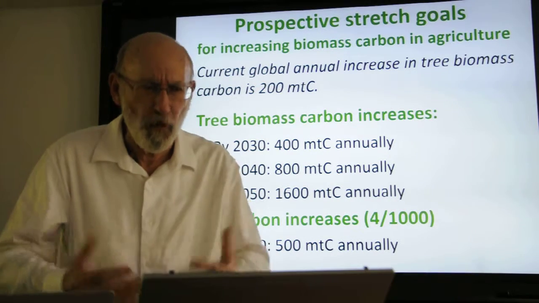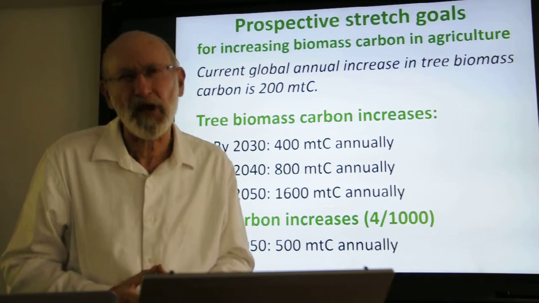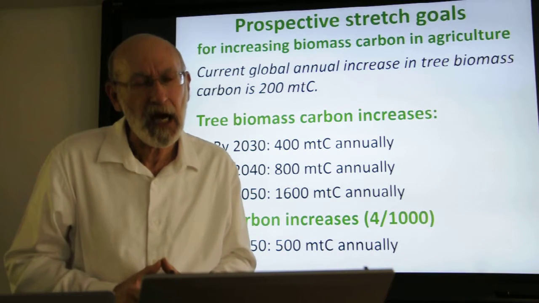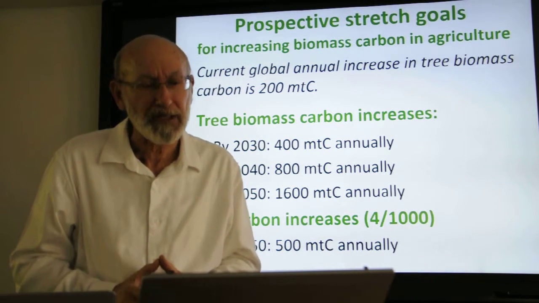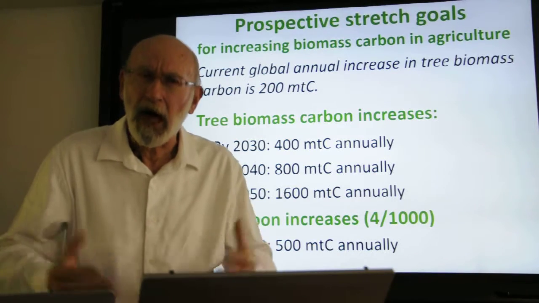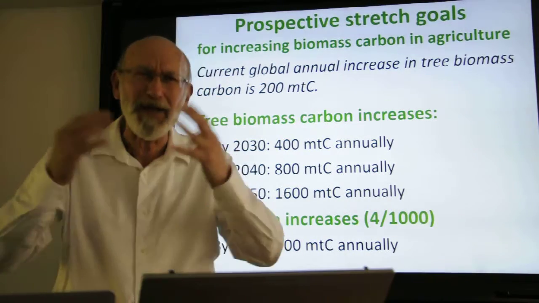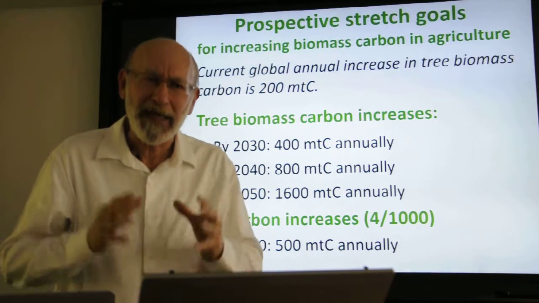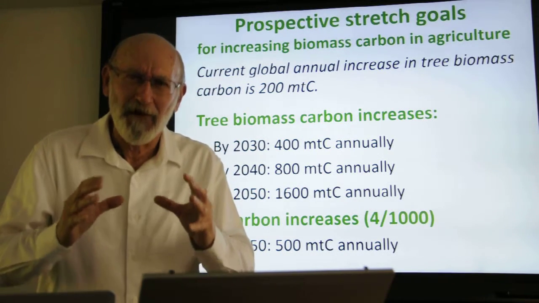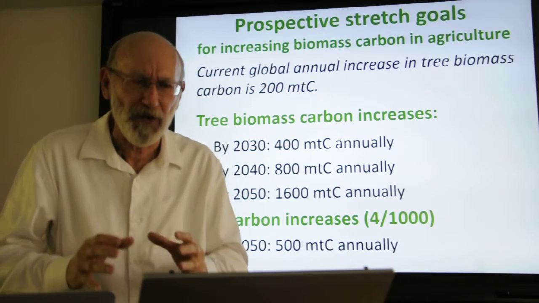And then by 2040, 800 metric tons of carbon annually produced and stored on agricultural lands. And by 2050, doubling again to 1,600 metric tons of carbon. These are only indicative numbers, but they give us vision of how, in fact, the integration of trees can be